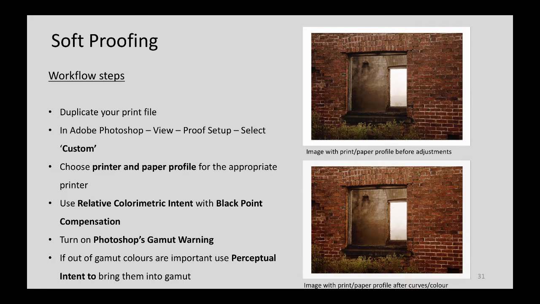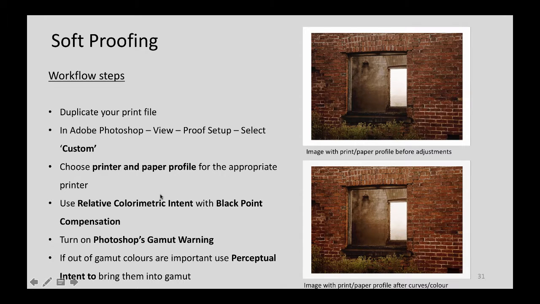So soft proofing workflow steps: number 1, duplicate your file, and in Adobe Photoshop go to View, Proof Setup, select Custom, and you're going to choose the printer and paper profile for the appropriate printer. So if you're using the 4800s in Townsville or 3800s in Cairns, always use black point compensation, select paper, emulate the